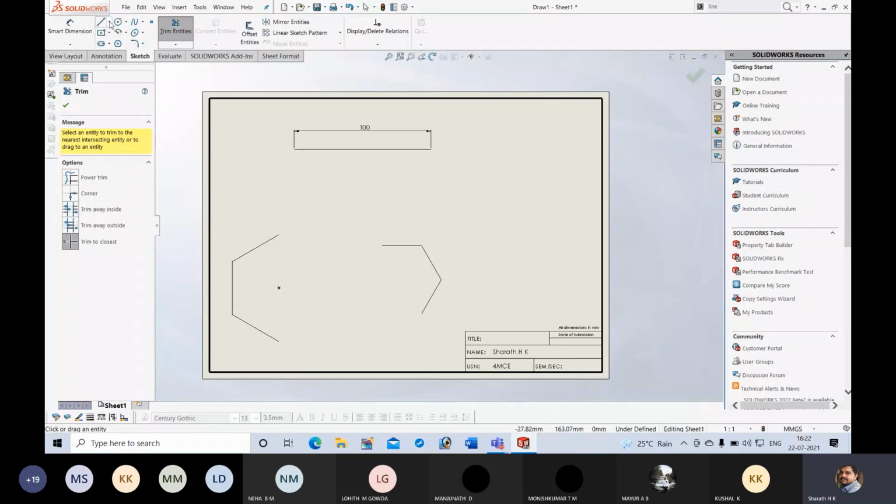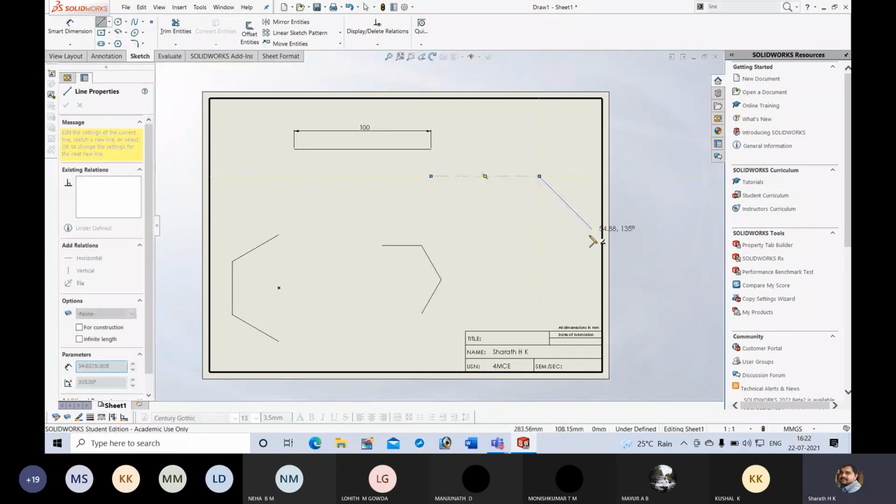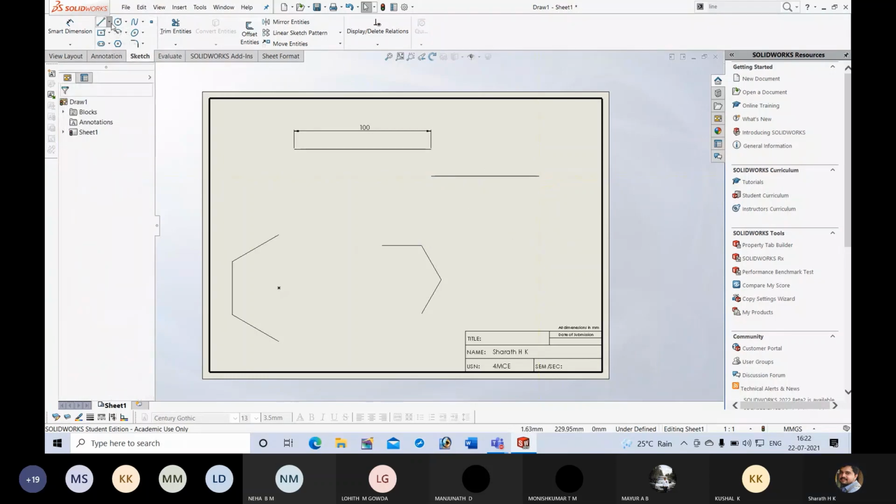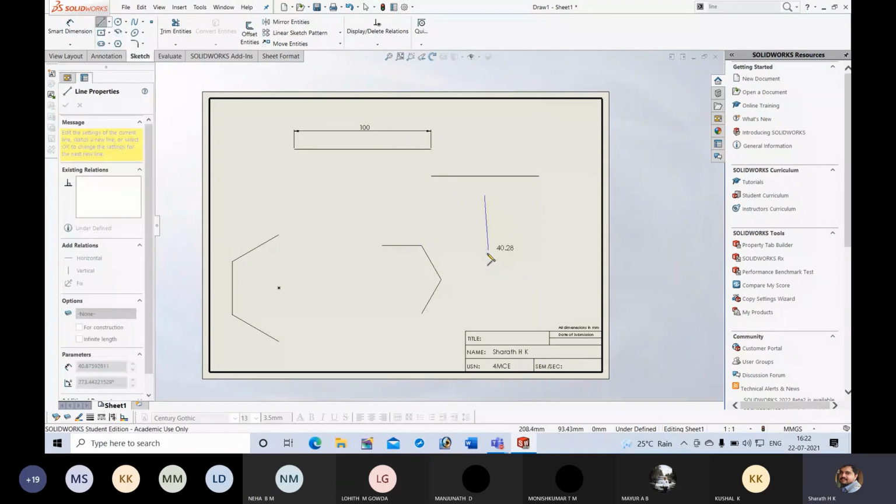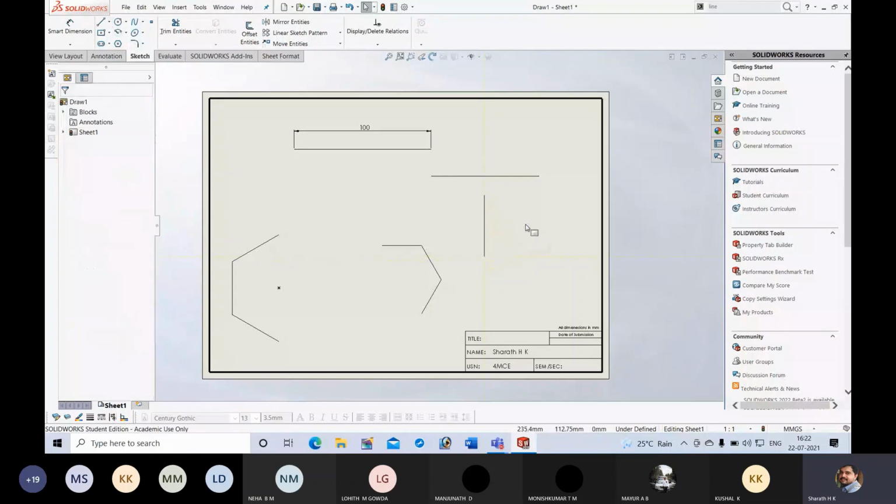Next, suppose you have two lines like this. Suppose you want to connect this vertical line to the horizontal one. You need not draw one more line from this point to this. For that there is an option available, extend entities.